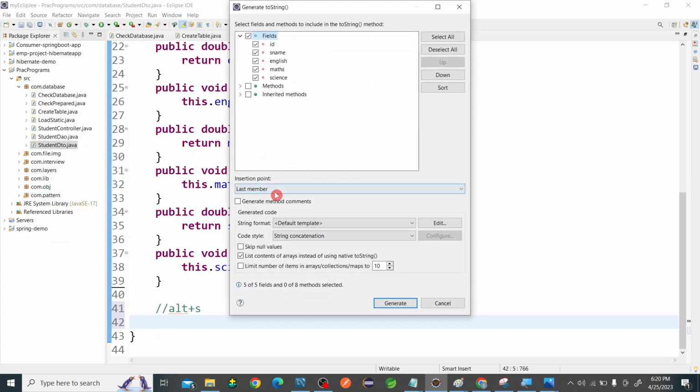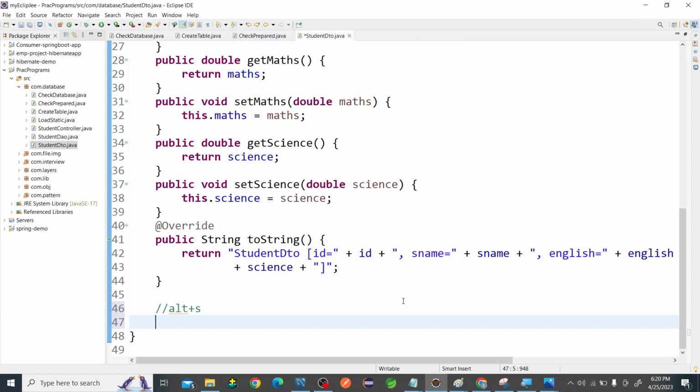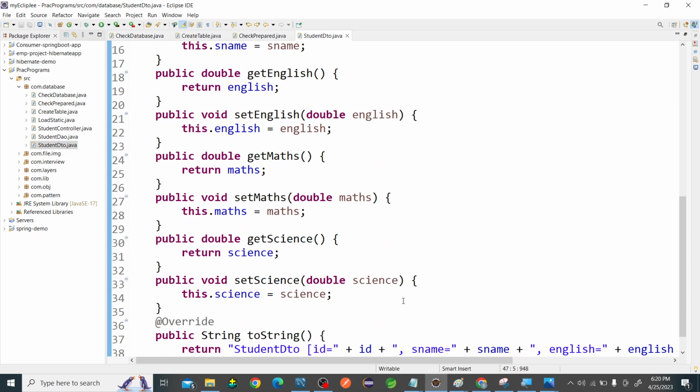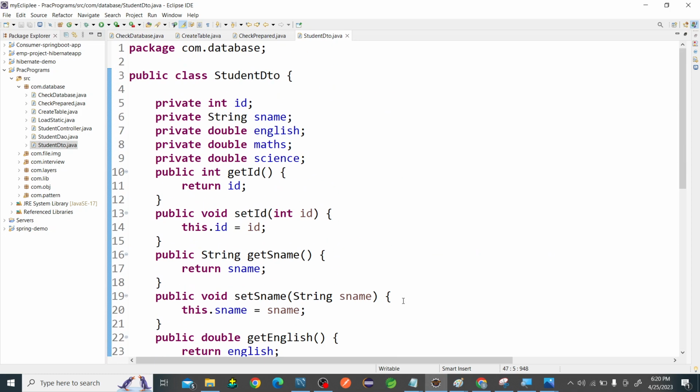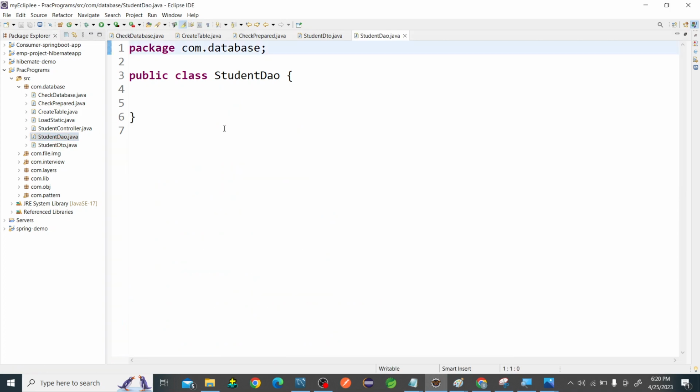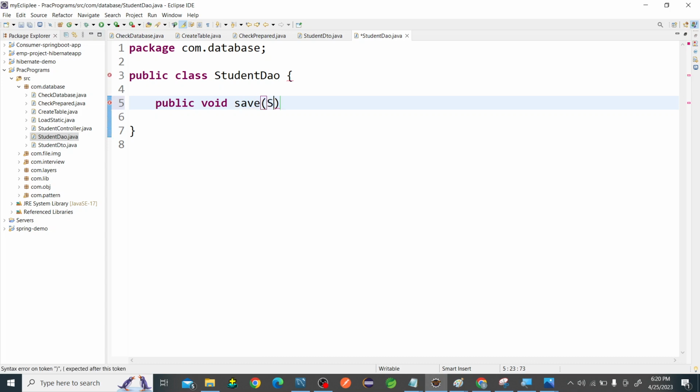string, and here it is mentioned as last member. Click on generate. So this is how we generate. Okay, done. Save this class. Okay, so then after, inside the DAO class, we have to write one method that is public void save. We are writing the save method